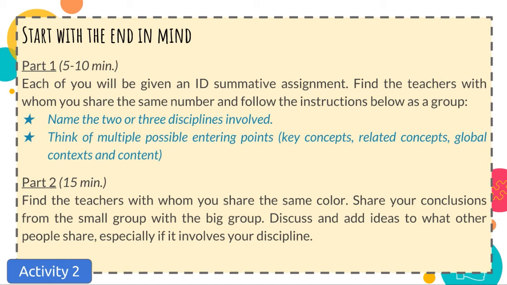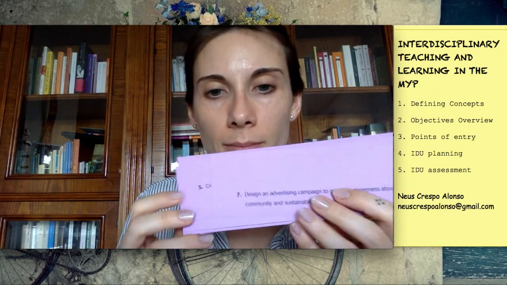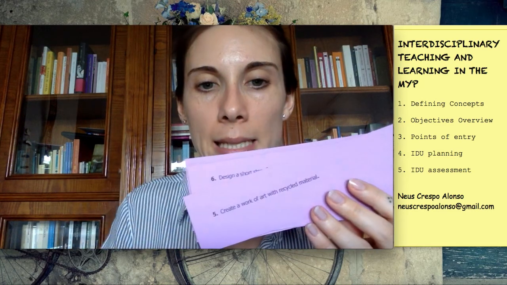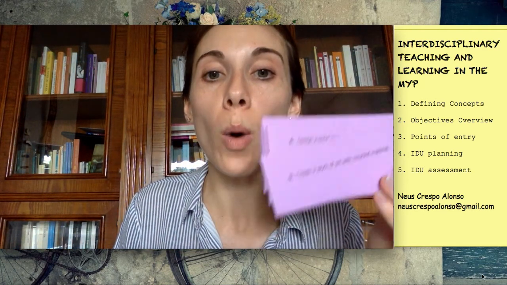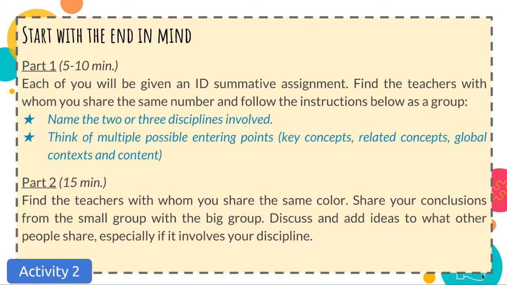Each of you will be given an interdisciplinary summative assignment, like this. You see, I have many examples. Each of you will get one paper. Find the teachers with whom you share the same number and follow the instructions below. You will see that each interdisciplinary unit summative assessment task has a number in front of it. So find those teachers that have exactly the same number as you, and once you all gather as a group,